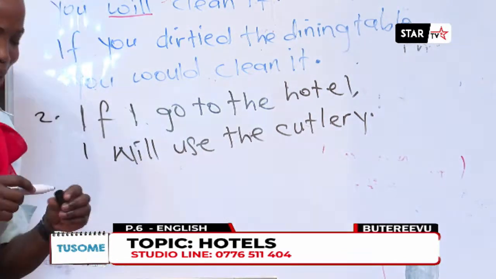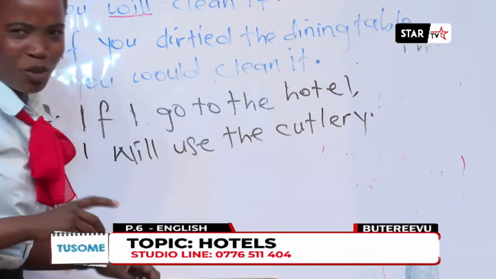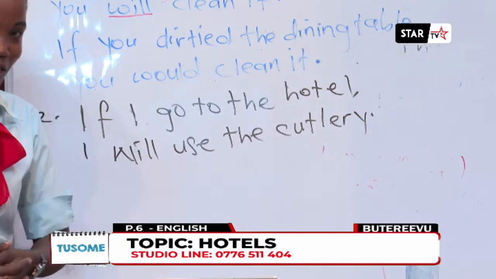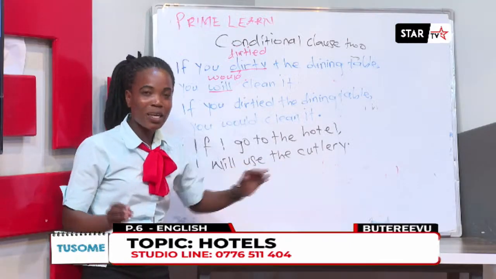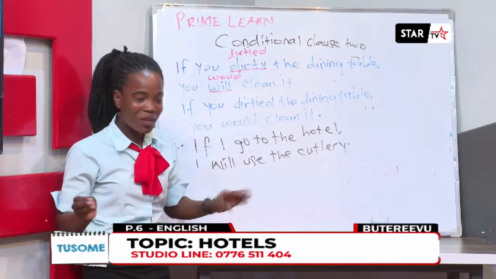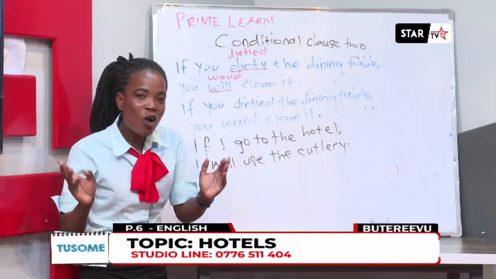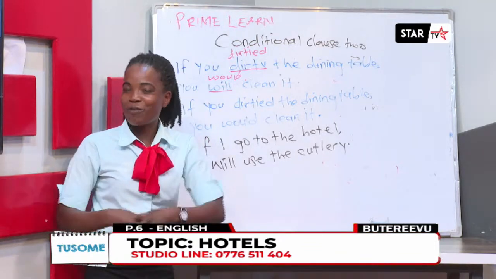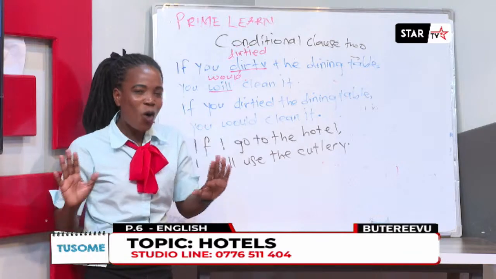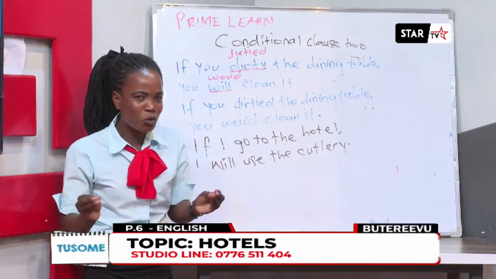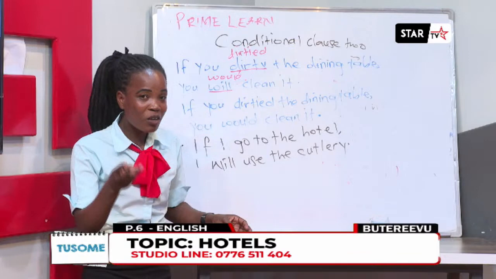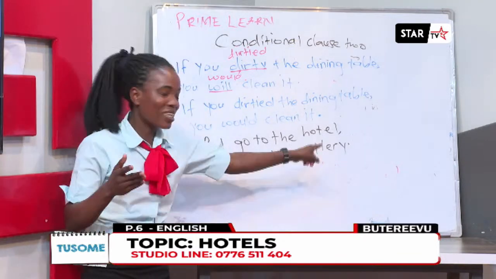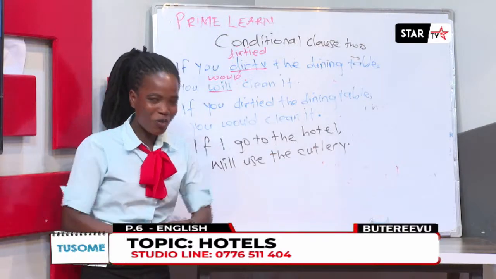I believe by this time when I talk about a cutlery, it's not a new word to you because we looked at it last Tuesday. But still I can repeat myself. A cutlery is a collective noun, which means a group of forks, spoons, and knives. If you have ever gone to the hotel, I believe when the waiters or the waitress completed serving you some food, they gave you fork, spoon, and knife. One word to mean all those 3 items that were given to you, it is the cutlery. I believe you've got it right.